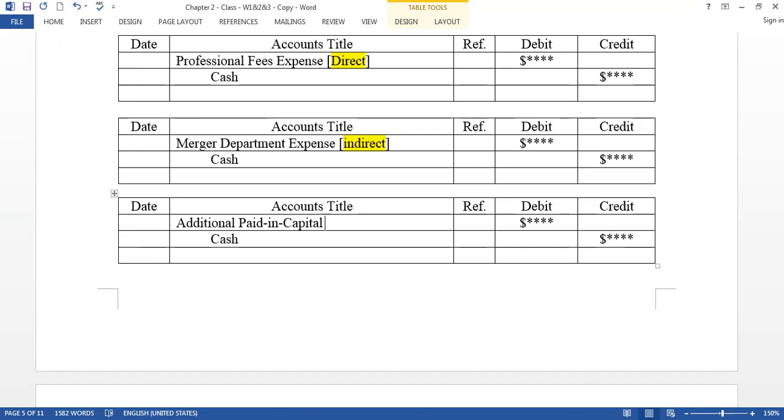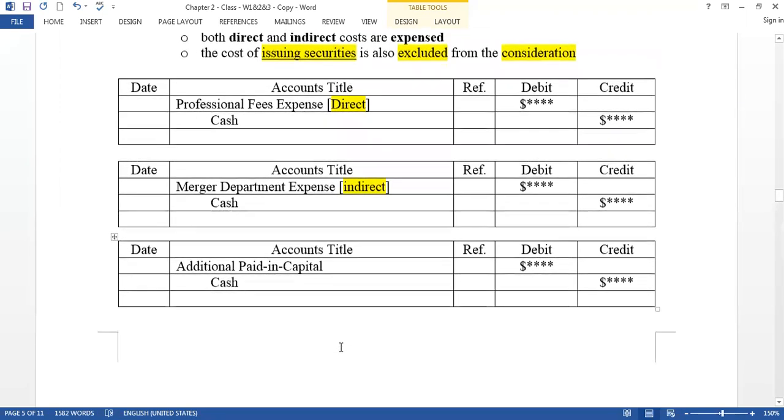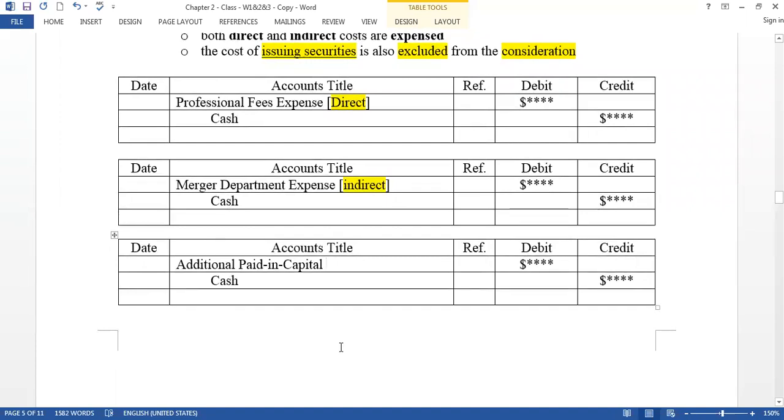Yes, so additional paid in capital, you know that. If you remember your principles of accounting 2 or advanced accounting, additional paid in capital is sometimes debit, sometimes credit. Can you remember? When it is debit, if you have some loss or if you have some additional expense. Okay, so if you have some loss or expense, that means this is cost